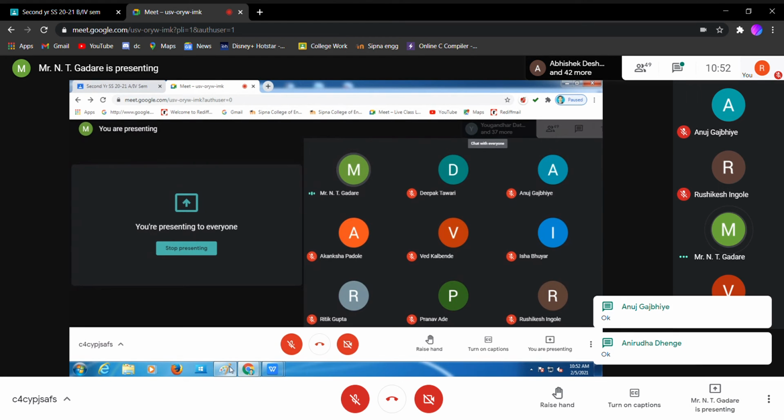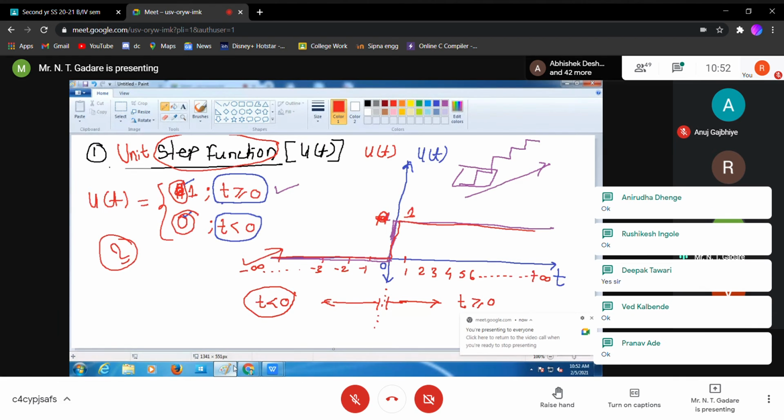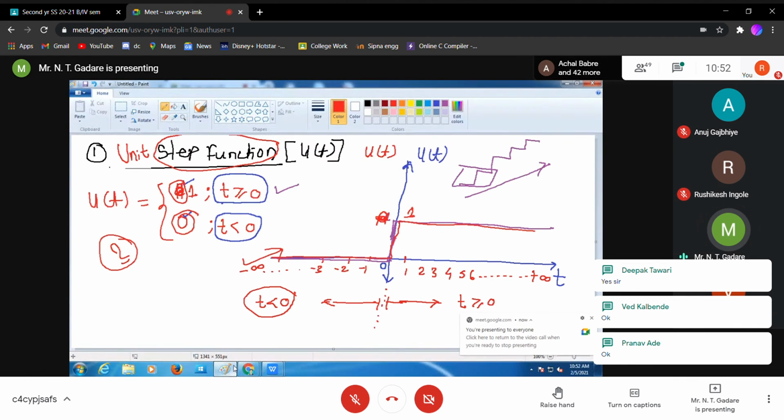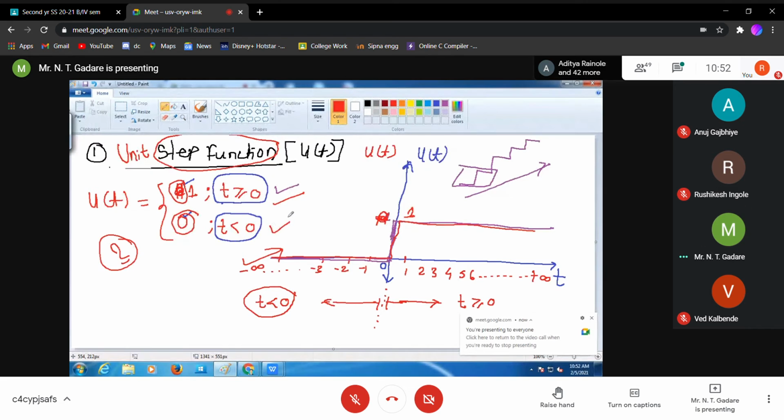Okay, good. So this is my first concept that I started with, the unit step function. And always remember, next lecture I'll also ask the same question. At that time you should be in a position to define it: t greater than 0, it is 1, otherwise it is 0. So you understand the basic concept, and don't worry, all this material I have in my handwritten notes, I'll share with you once I complete my lecture. Okay, now moving towards